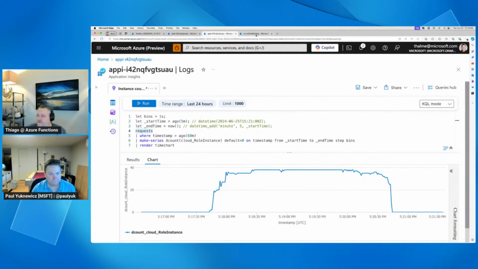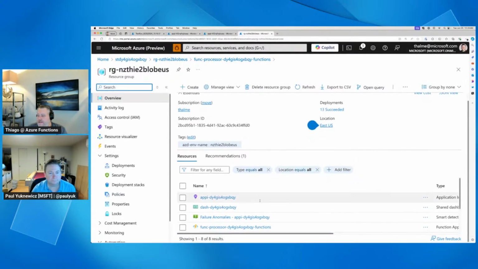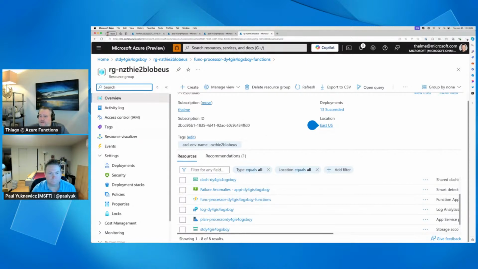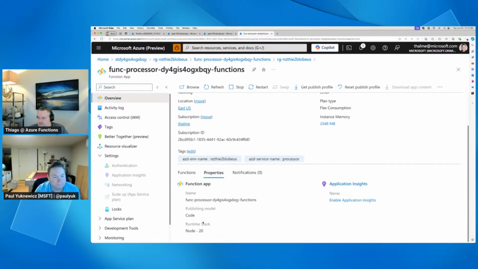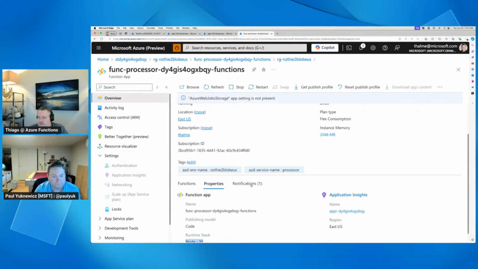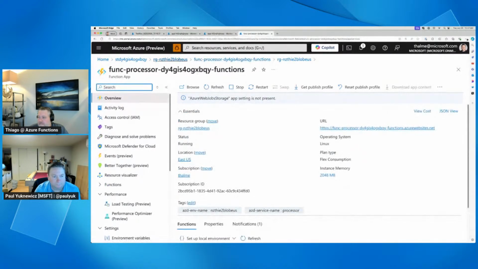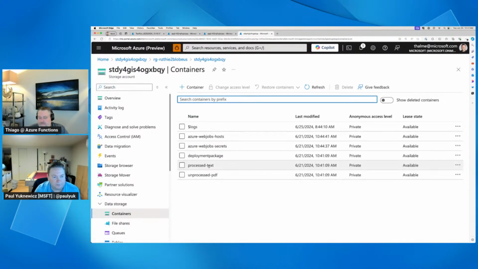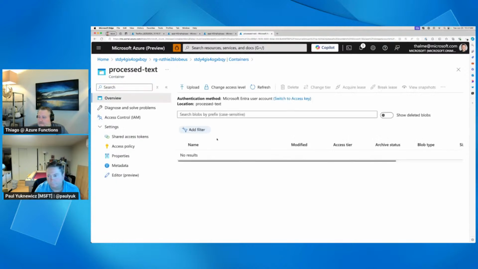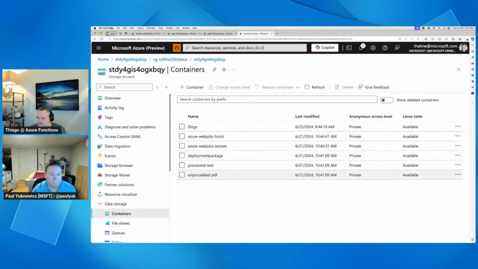And then I've deployed this function app to Azure before. So let's have a look at what that looks like. Here we go. We have this other resource group, blob east US. My function is there, and that's the storage account it's using. And if I go into the function app here, just to have a look, we'll see under properties that it is that Node 20 function app that we have deployed. And back on my storage account, I have processed PDF, processed text and unprocessed PDF, which are both empty at the moment, as you can see here.